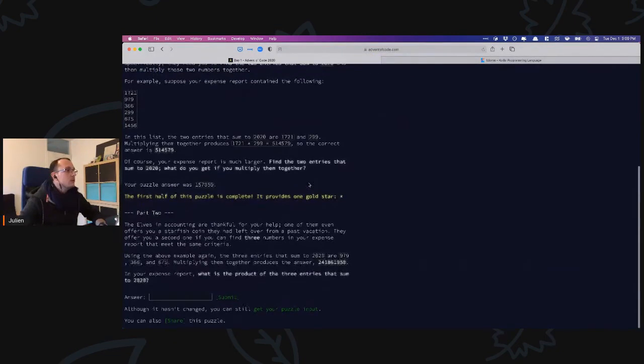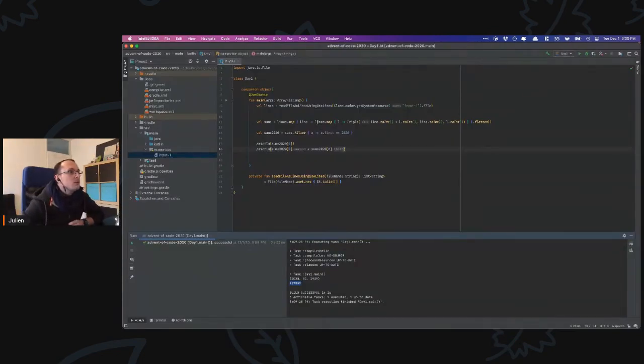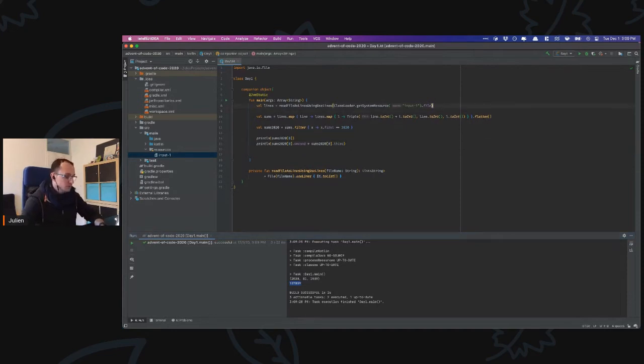Now let's continue to part 2. But before we go, let's take a moment to step back. I probably could improve this, so I'm going to come back to those when I have time. It's going to be probably January, February or something. I don't know. But yeah, so I have my lines. The first thing I'm doing, which I don't like, but I have to convert them from string to int, which is nice. And then what I do is a double sum. So I map over my array, and for each element of the array, I double it up. But I do way too much work because if I have,